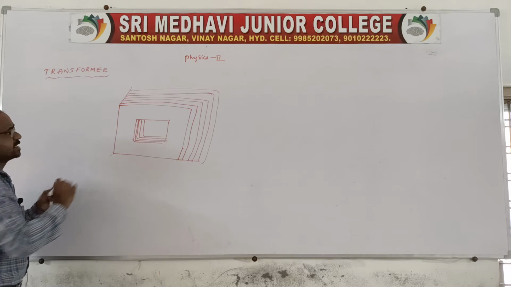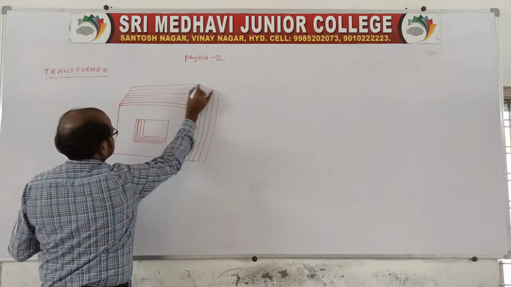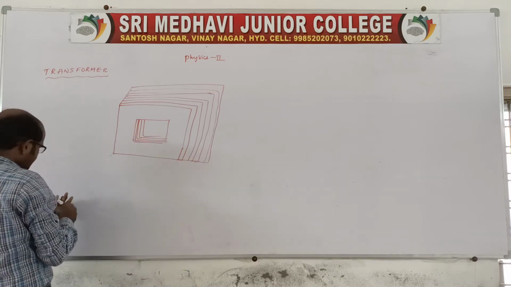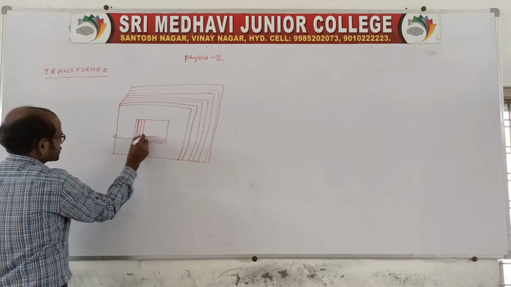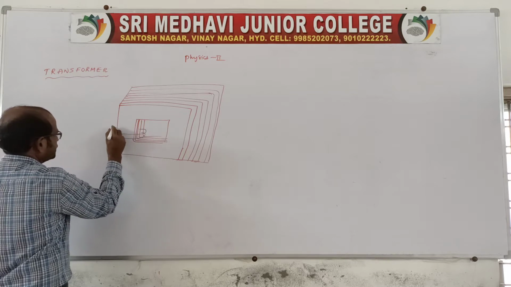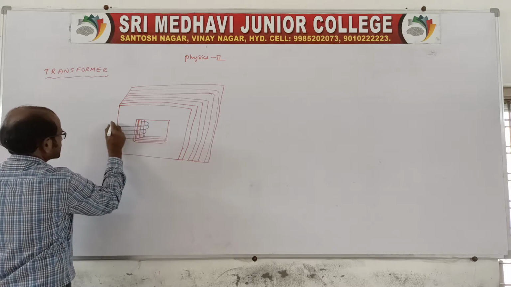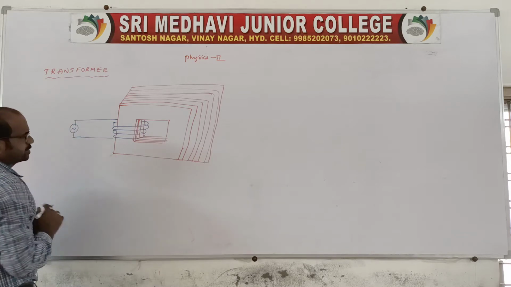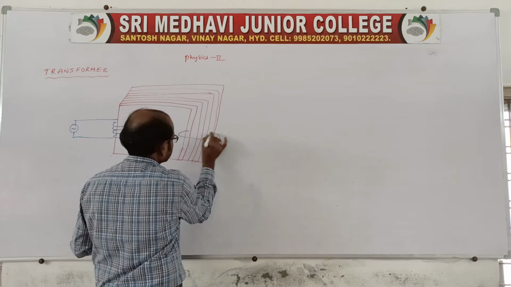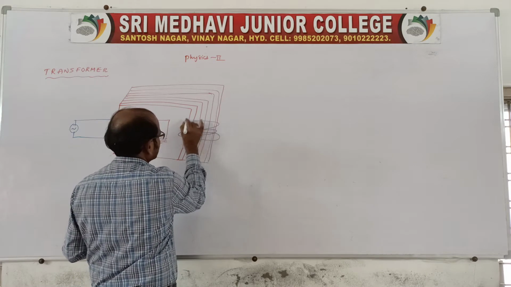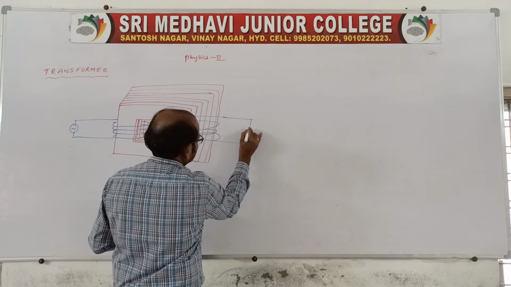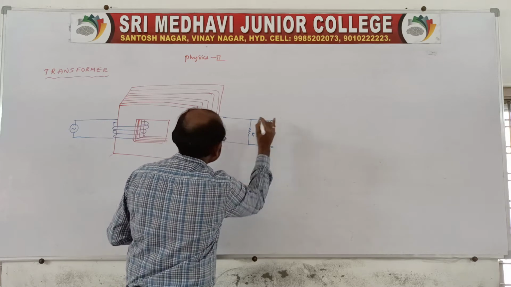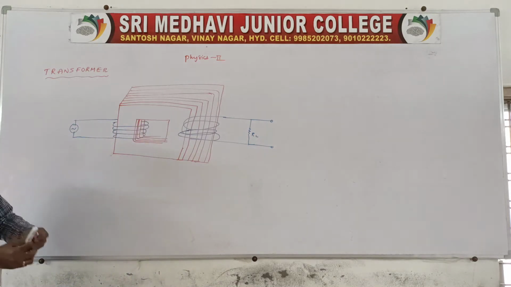And it consists of two coils, I mean two wires are wound. One we call the primary coil, the wire which is wound like this. Clear? And it is connected to an alternating current source along with a key. The other has a number of turns wound, and it is the secondary coil, and a load resistance RL is connected to obtain the output. So this is the construction of the transformer.